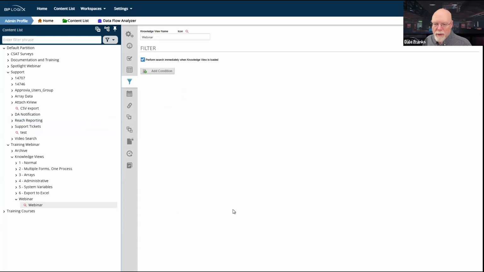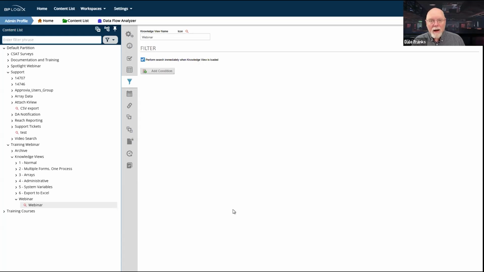Now we go to the filter tab. So far, we already have two big filters that we've added. First, we've decided we're only going to see form instances. So it's only going to return us form instances. Second, we've decided we only want to see form instances of this data form. So now it winnows it down to just those 1,000 form instances that exist on the system.